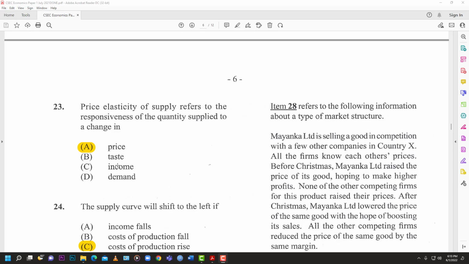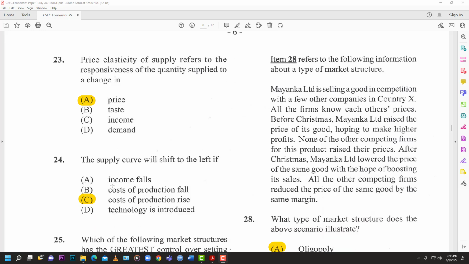So it then says A, price. Had it been income, it would have been income elasticity. Had it been demand, it would have been price elasticity of demand. So we're looking at supply, and so it will be price. The supply curve shifts to the left if, so we're shifting to the left here, and the answer is B,